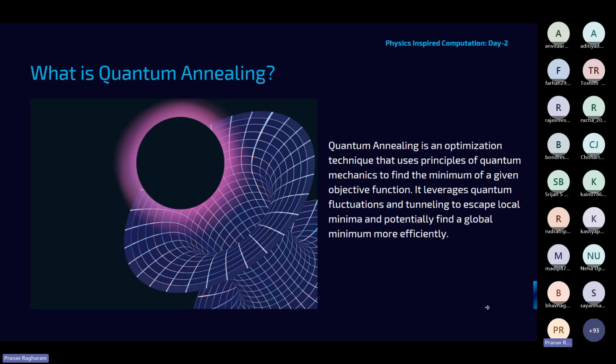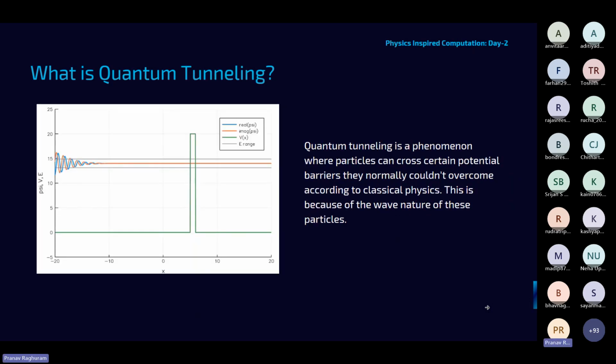So let's begin with quantum tunneling. Quantum tunneling is a really interesting phenomenon where particles can pass through potential energy barriers that classical physics would deem impassable due to insufficient energy. Can you guys guess the reason why these particles are able to pass through these potential energy barriers?